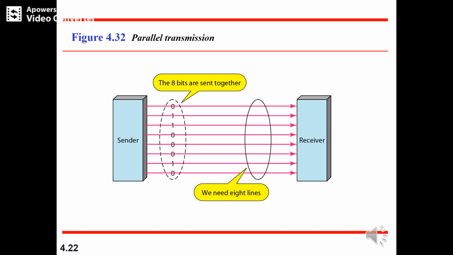In the case of parallel transmission, we can transmit the data in terms of groups. For example, the minimum number of bits within a single group is 8 bits. That means I can transmit 1 byte at a time. Under parallel transmission, as many bits as we need to transmit, that many lines we need to have. For example, the sender is sending this particular data, 01011010, to the receiver. If you have 8 bits to be transmitted, we will have 8 different lines.